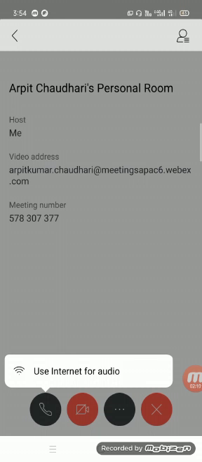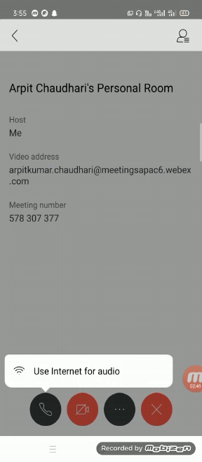With the help of this credential, you are going to start a meeting or create a meeting and join a meeting. So let's talk about the mobile application view. There are four options. First one is used for audio. With the help of this option, you can transmit your voice. Here are two categories. First, you can transmit your voice with the help of the internet, and second, you can transmit your voice with the help of the microphone also.